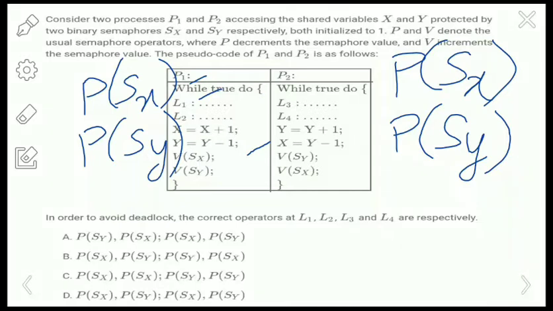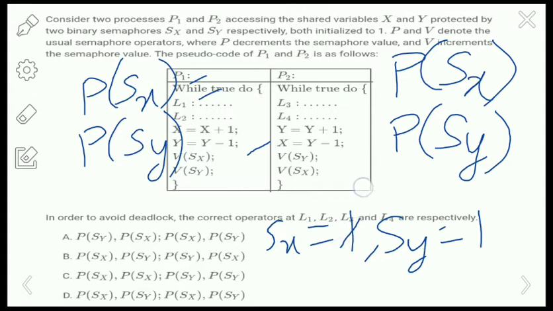So P of Sx, that means first of all we are going to execute the process P1, or else we can execute the process P2. Only one process we can execute because it is given that Sx equals 1 and Sy equals 1. P of Sx means it performs the decrement operation, so 0, and P of Sy also decrements, and the process will enter the critical section.